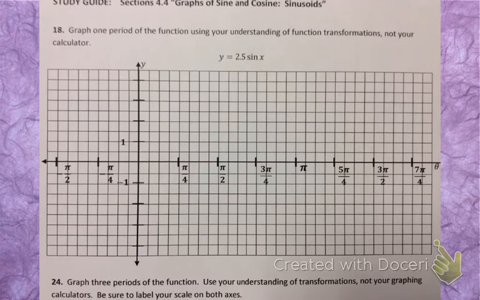So we'll plot the origin, and then the scale is different here because of the fact that our... I'm not sure why I did the scale different on this one, to be honest with you. But anyway, I think I was reusing a graph from another problem. But we're going to go to where our next 0 would be for sine, and that's the first one's at 0, the second one is at pi, and we have to draw one period, so we just need to get one peak and one valley, and we're done. And then the other one will be at 2 pi,